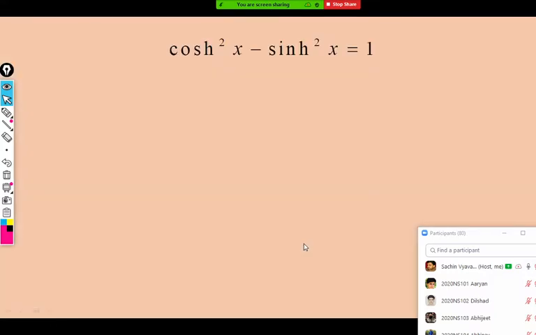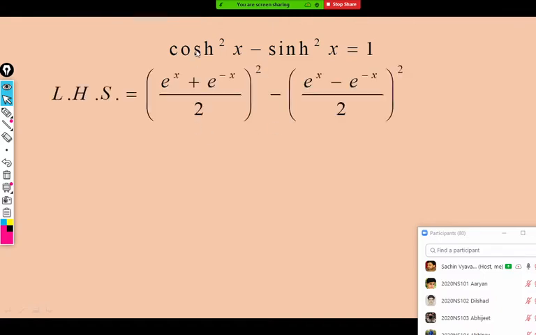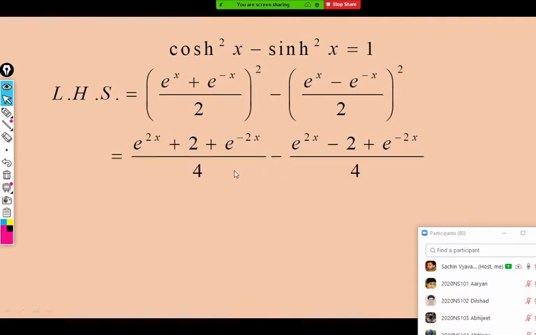So here is the proof of one of the properties. Suppose we have to prove cosh square x minus sinh square x equals 1. How can we prove this? Just start with the left hand side. Replace Euler's definition for cos hyperbolic and sin hyperbolic. Square the brackets with the same denominator, and the middle sign is a minus, and it gives 1. So this way you can prove it if you want, but proofs of the identities will definitely not come in the exam, so you should not worry.